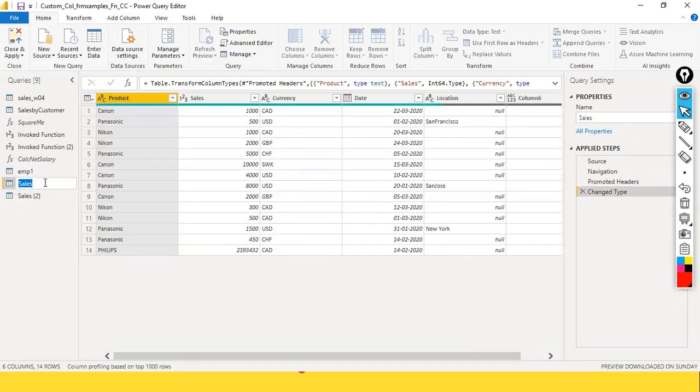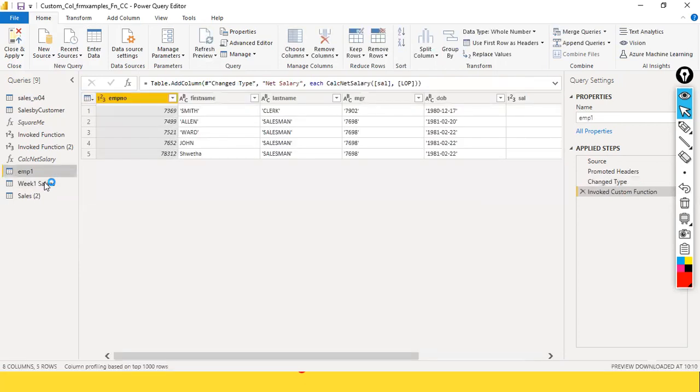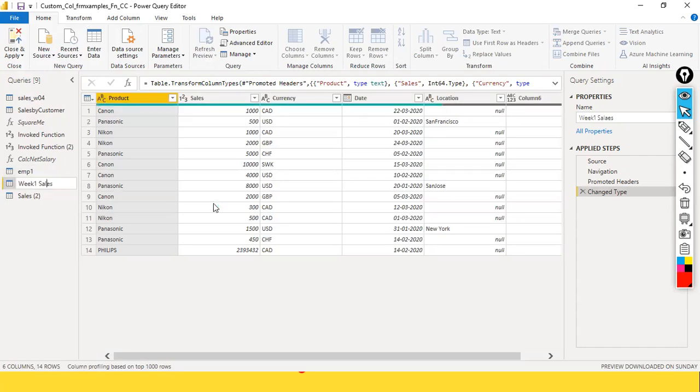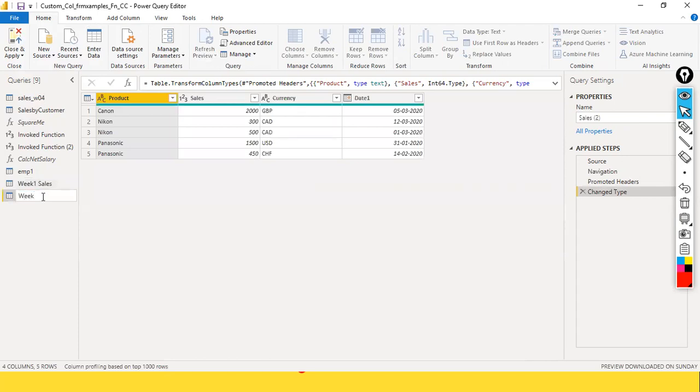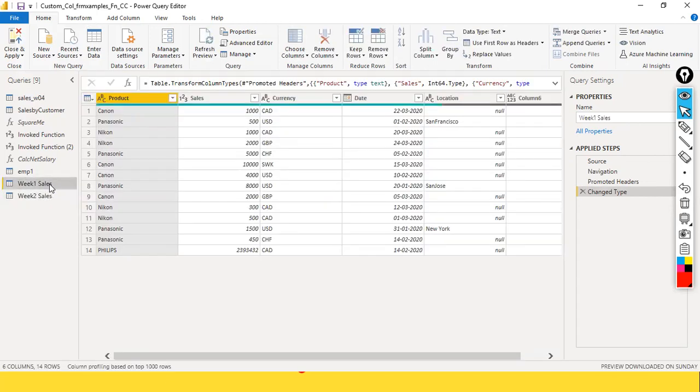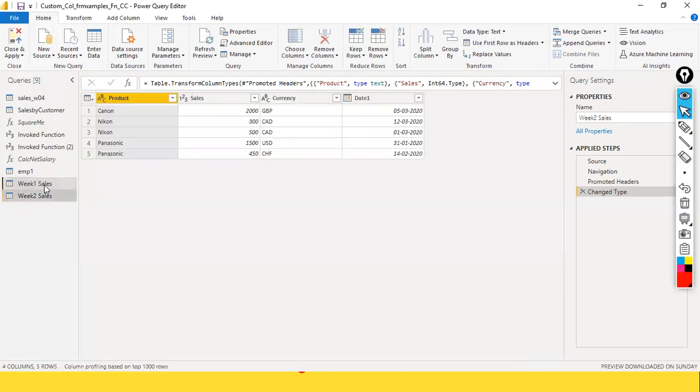I just rename this, and probably I'll rename it as week 1 sales. Sorry, I'll just give some meaningful name, sales. So as I said, different vendors will send the data in different file types. And also the order of the columns, sometimes they may give additional columns also. Those columns that are not required for us, we need to clean up. For example, we need these two files,